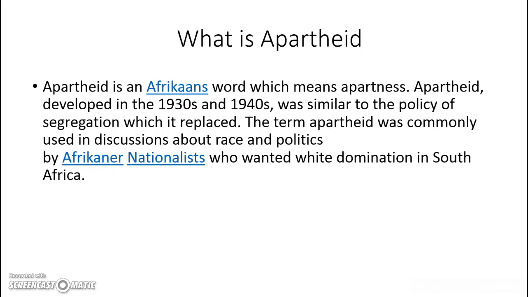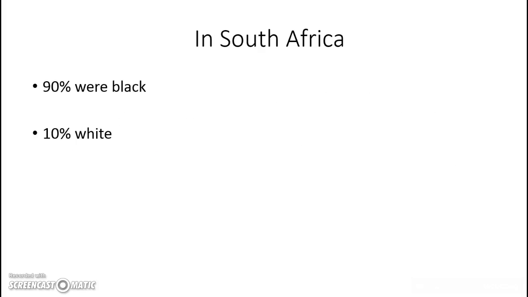So apartheid is an Afrikaans word which means apartness. Apartheid developed in the 1930s and 40s. It was similar to the policy of segregation which it replaced. The term apartheid was commonly used in discussions about race and politics by Afrikaner nationalists who wanted white domination in South Africa. So going back to the slide, only 10% were making the rules and the decisions for everybody in